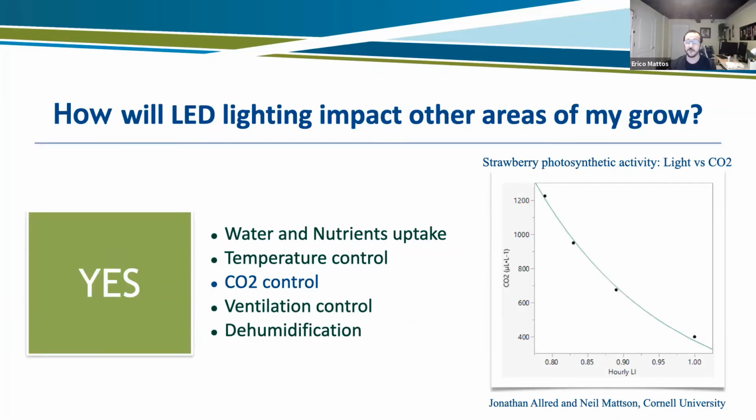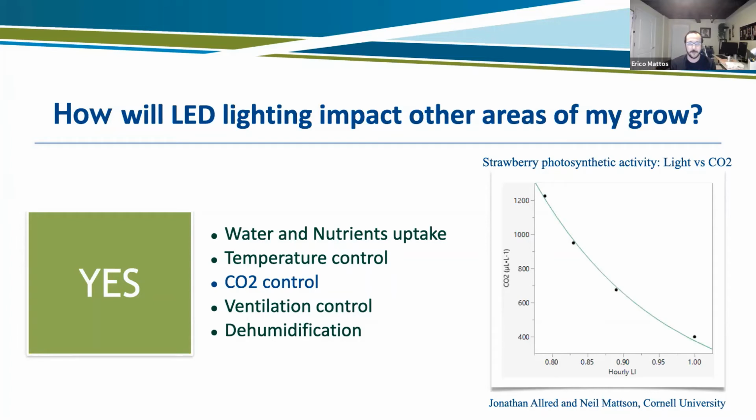For this talk today, we don't have time to go into data on each one of those. So we decided to provide an overall description with a few examples, and I'll be happy to answer more in-depth questions at the end of the talk. What will happen if you change your LED lighting system? You can't simply change a system at your production facility and expect that it's not going to impact anything else.